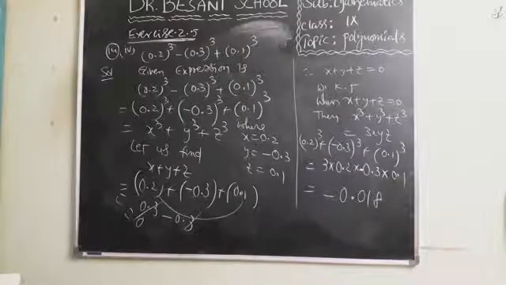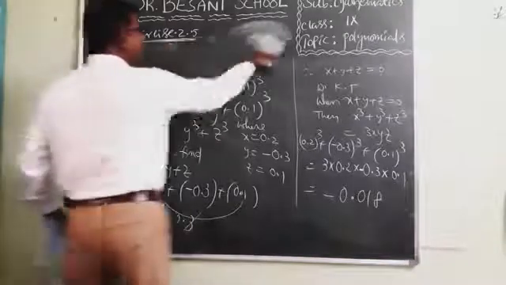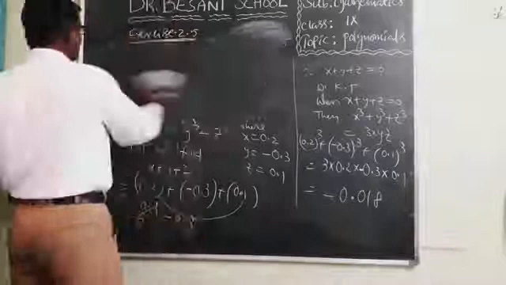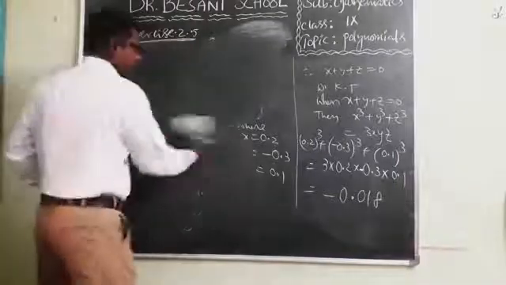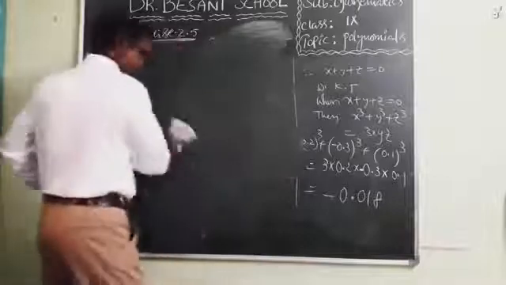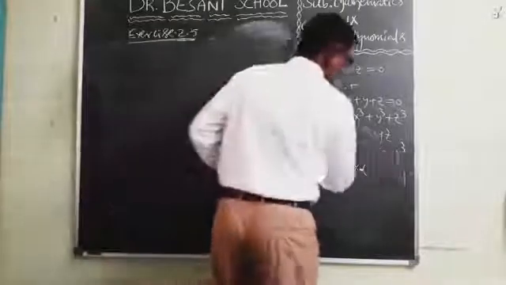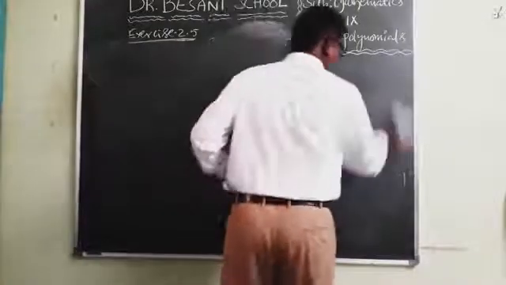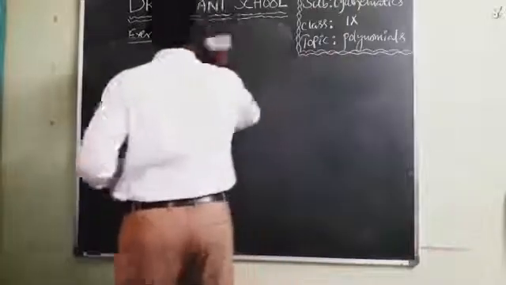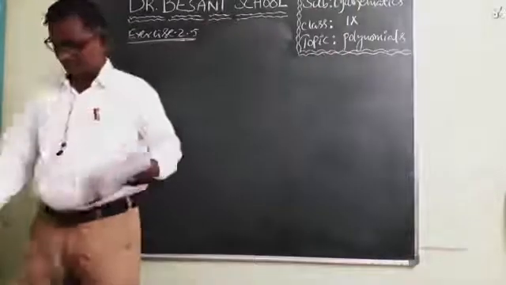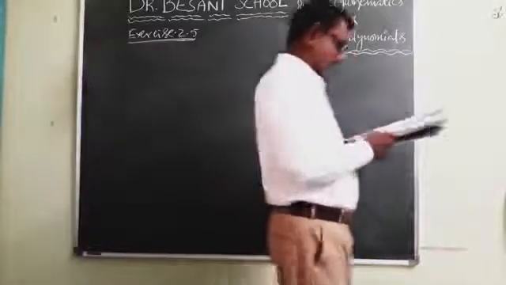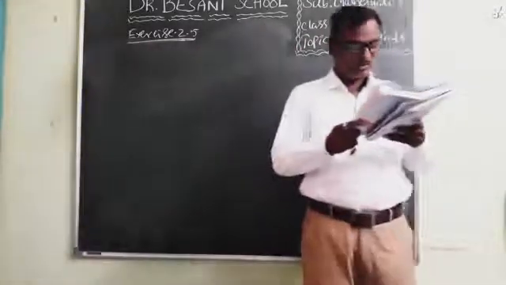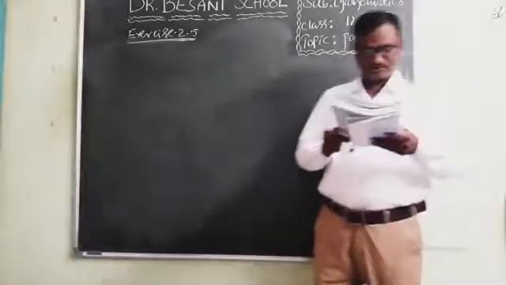Okay, children, I hope that you have understood this question and this problem also. So, out of 4 problems, I explained 3 problems. I left only 1 problem that you can do in the same process, very easily. So once you verify, children, in the textbook, that is exercise 2.5, 15th Roman.